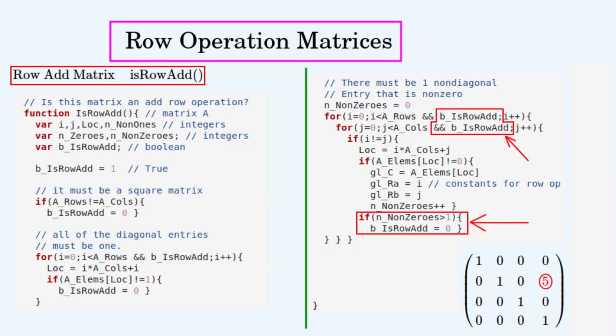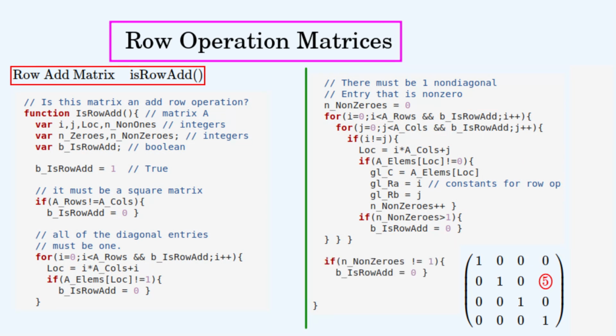If there are two or more non-zero entries in the non-diagonal region, then we can return false and jump out of the loop. If the total number of non-zeros in the non-diagonal region isn't equal to 1, then we'll return false. And here is where we'll return the Boolean return variable to say whether or not this matrix is a